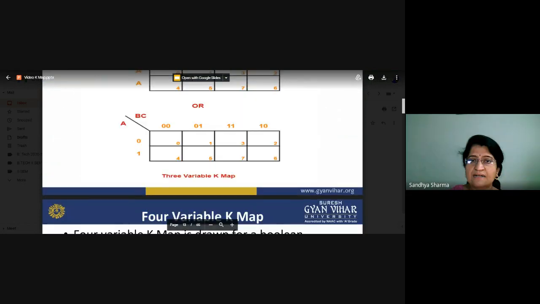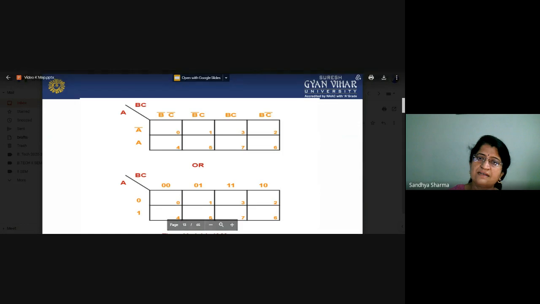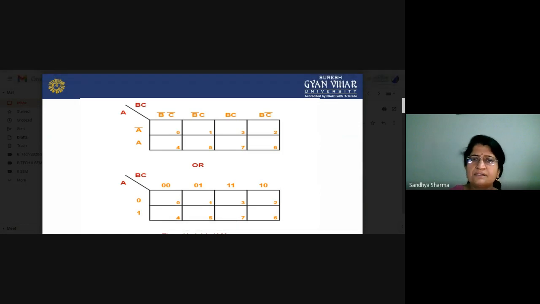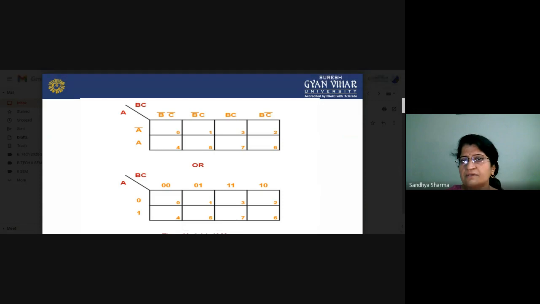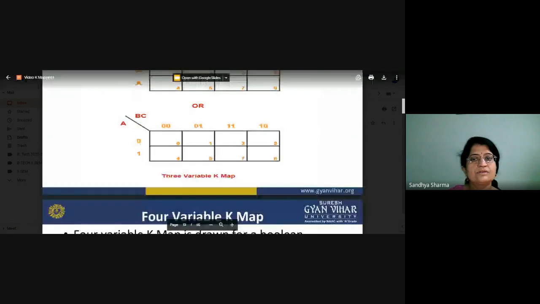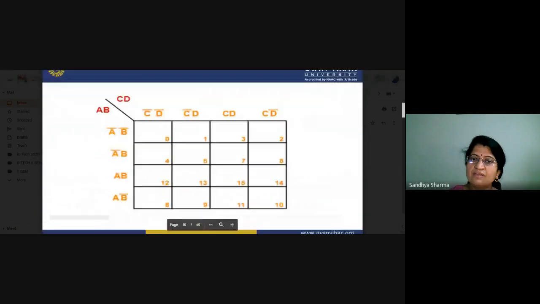In previous sections we have to just remind ourselves of the numbering pattern. We have 0, 1, 2, and 3, because the flow is 00, 01, 11, and 10. So your counting will be in the same direction: 0, 1, 2, 3, 4, 5, 6 and 7. You have to write these numbers in the same way, because as we have seen previously, when we take the combinations, the numbering will be in this pattern. So we have numbered from 0 to 7, and that will be the same pattern. The numbering will be according to that. The same thing is here when we are working on the four variables. So there are four variables.